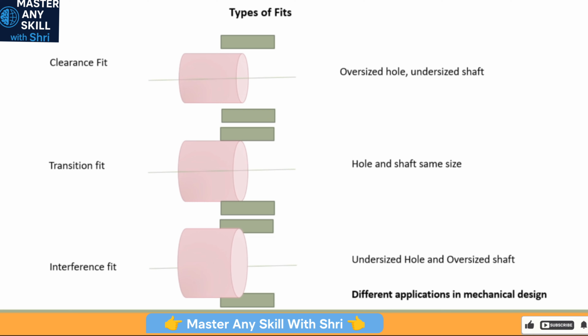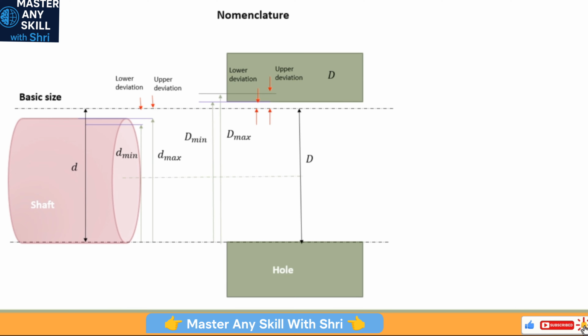Now we will understand the nomenclature which forms the basis for the system of fits, what the various terminologies are, and how to define them. So this is a shaft and a hole assembly. This small d indicates the basic size of the shaft, and capital D indicates the basic size of the hole. So the basic size of the shaft and basic size of the hole are the same,